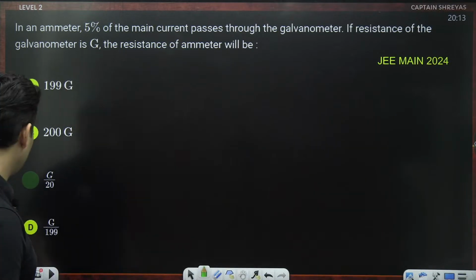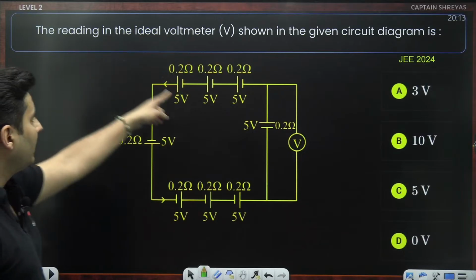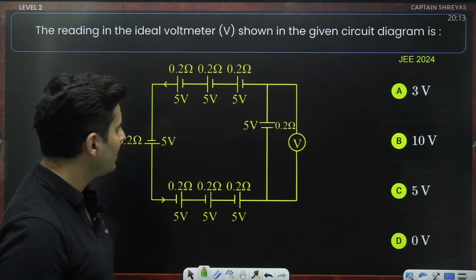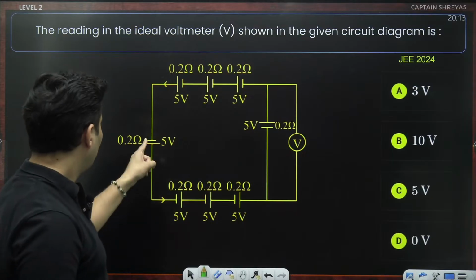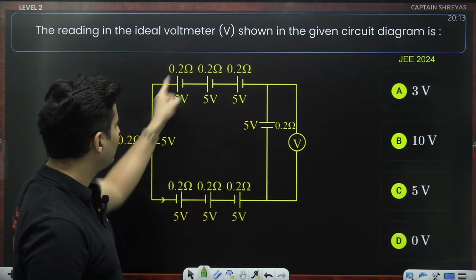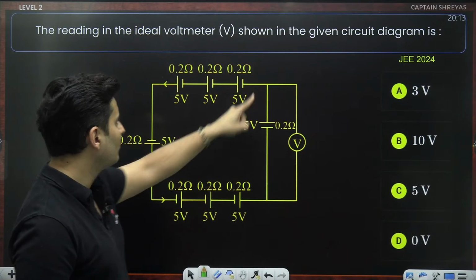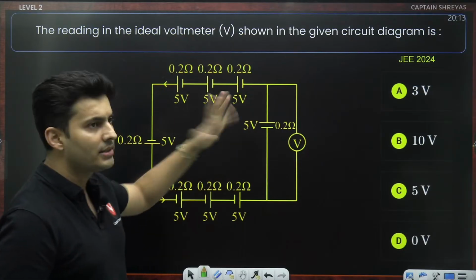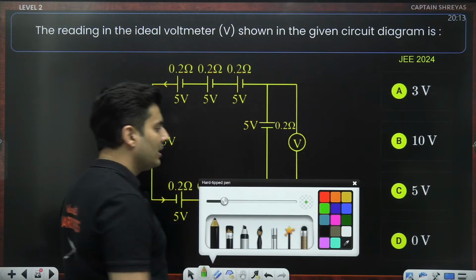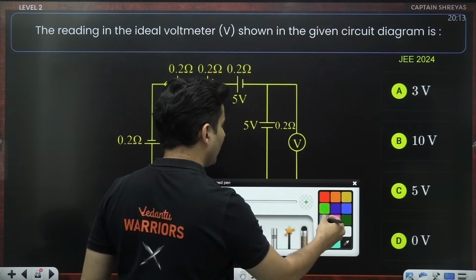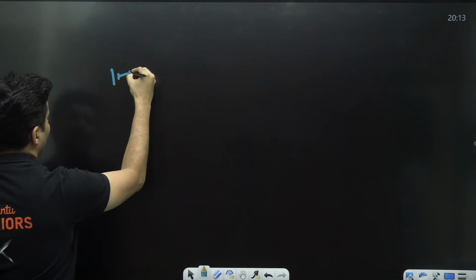Moving on, next question on your screen. The reading in the voltmeter in the following circuit is how much? Okay, you can see batteries one after the other with internal resistance, voltage between any 2 points. Guys, every time these kind of questions come, I'll tell you what happens. See, whenever there is a battery with internal resistance